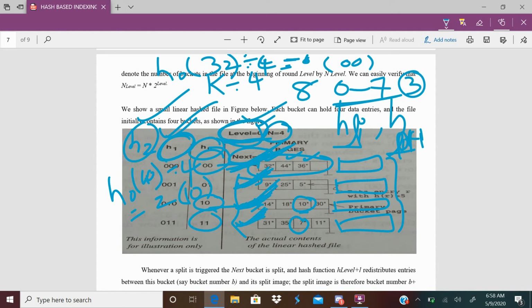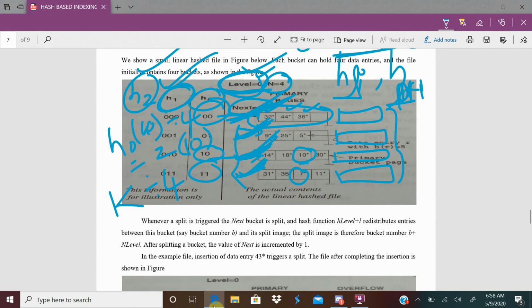So you can identify the particular bucket based on the hash function, key modulus 4. For 7 it is 3, so 7 is in the 3rd bucket. That is a pretty simple concept to locate the particular data page.